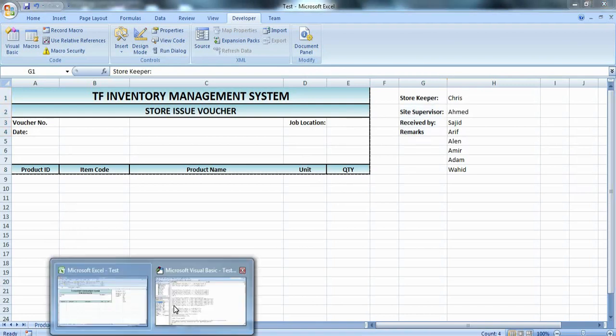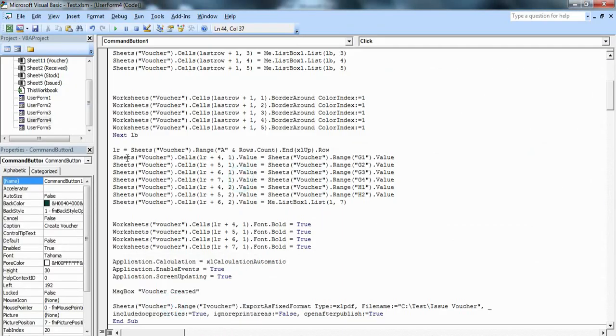So here you will come to know how. First of all, we type this code to find out the last row, LR. Then SheetVoucher.Cells(LR + 4), as I mentioned in my earlier statement, that it should be after 4 rows this will be added.